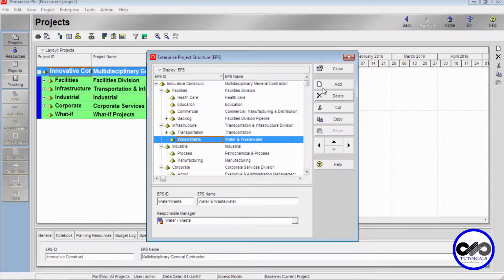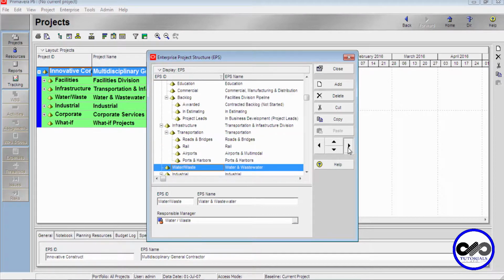You can add an EPS using this add button. You can even delete, cut, copy. If you would like to copy and paste, you can drag this, you can cut this, and you can paste it into another node, and you can change the levels using these 4 navigation buttons. So let's see how to create an EPS.